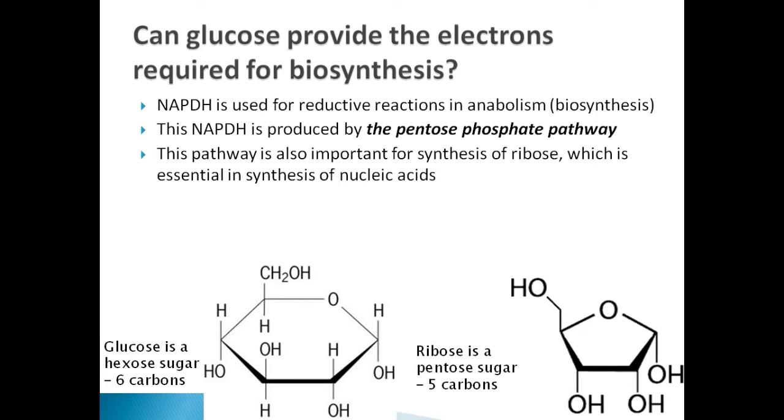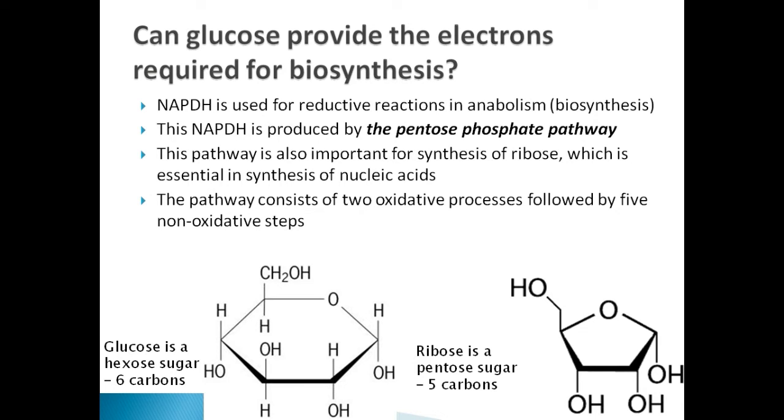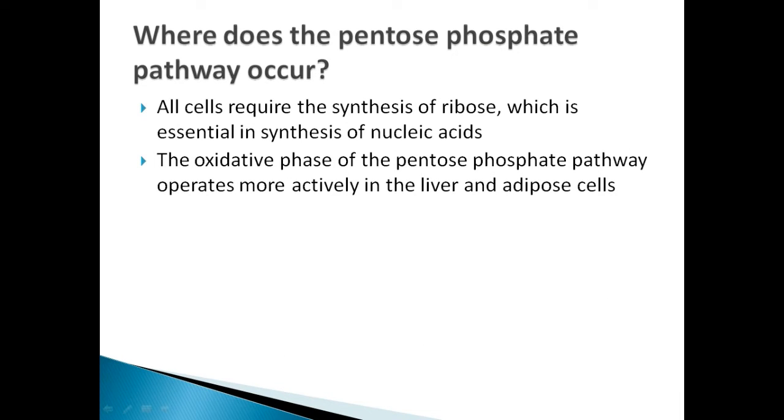So this pathway is also important for the synthesis of ribose, which of course is essential in the synthesis of nucleic acids. Ribose and ribose derivatives will eventually be built up into the nucleotides that are used to build nucleic acids. So the pathway consists of two oxidative processes, which is where the NADPH is formed, followed also by 5 non-oxidative steps. All cells actually require the synthesis of ribose, which is essential for nucleic acids, but the oxidative phase